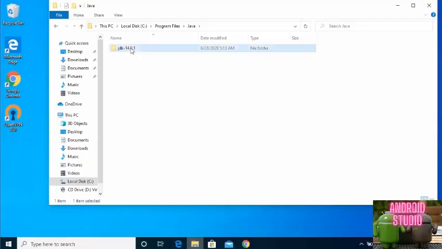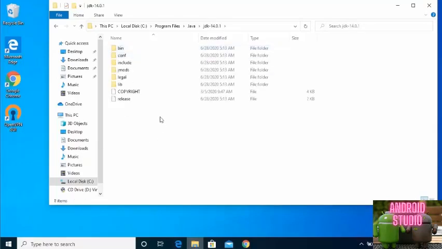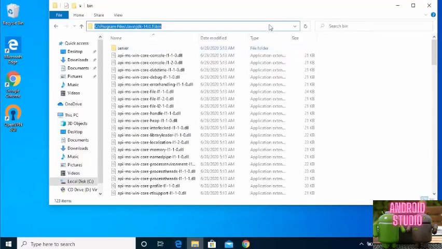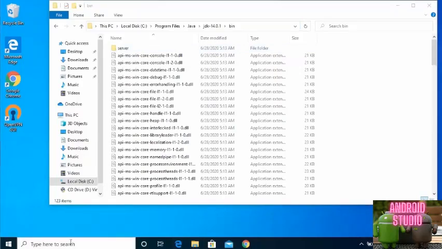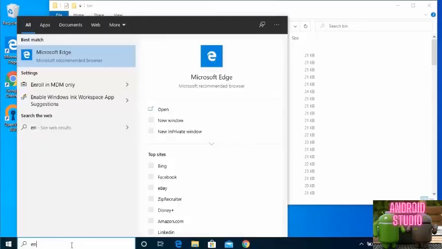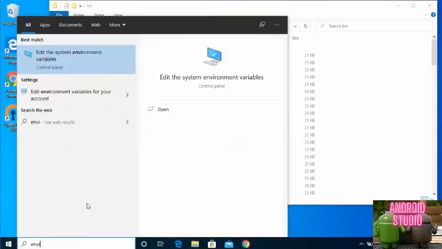So just go inside the JDK folder, and now we are going to set the environment variable for our Java command to work with it. You need to go inside the bin folder for that, and then just copy this path up to the bin folder inside the Java folder. To set the environment variables, you just need to search for environment variables,